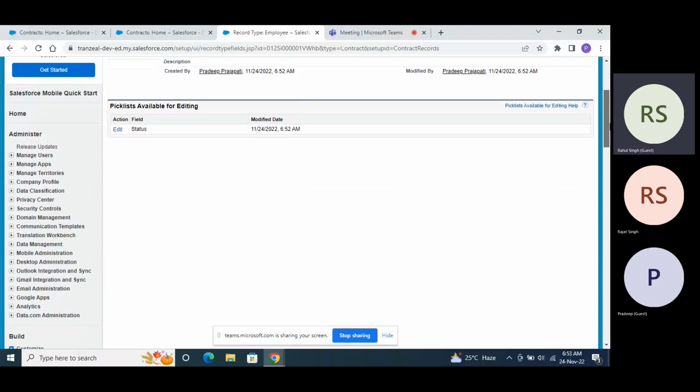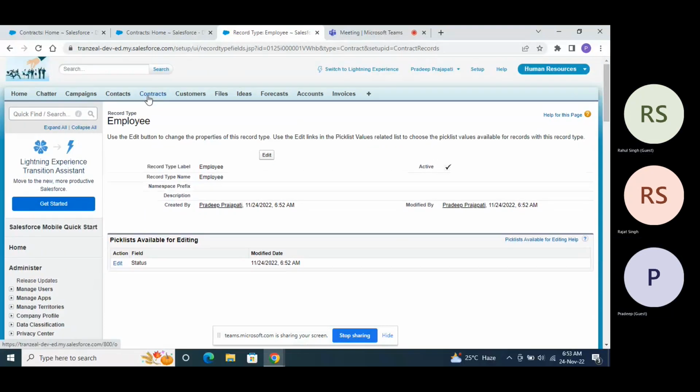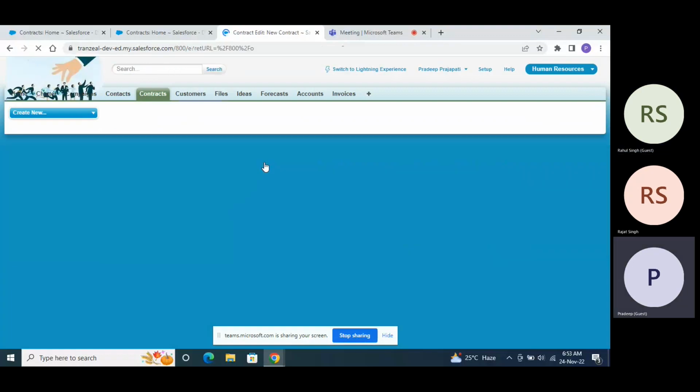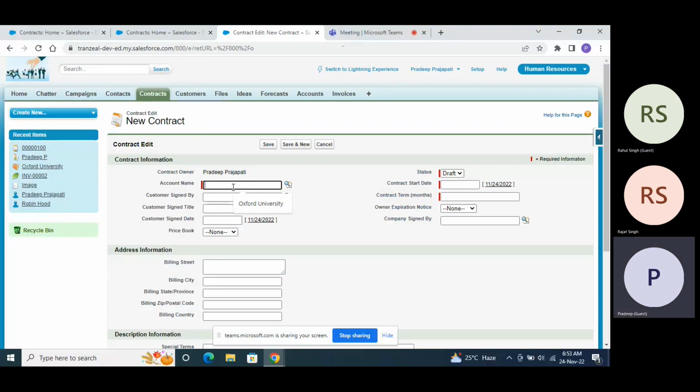Contract here. Contacts. Contacts. Contact. अच्छा,